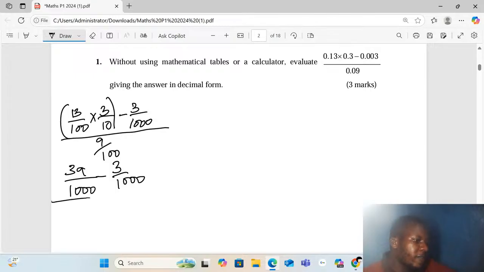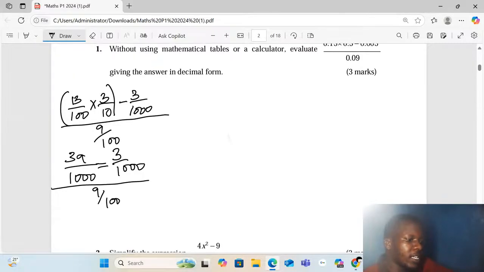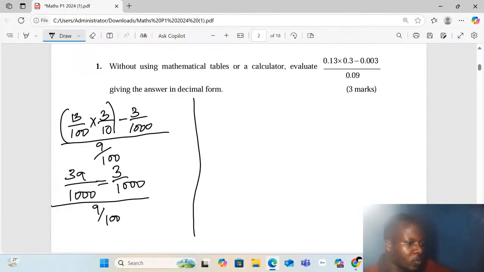Now we subtract the fractions, 39 over 1000 minus 3 over 1000. We have the same denominator, so we simply subtract the numerators, that is 39 minus 3, and we are going to get